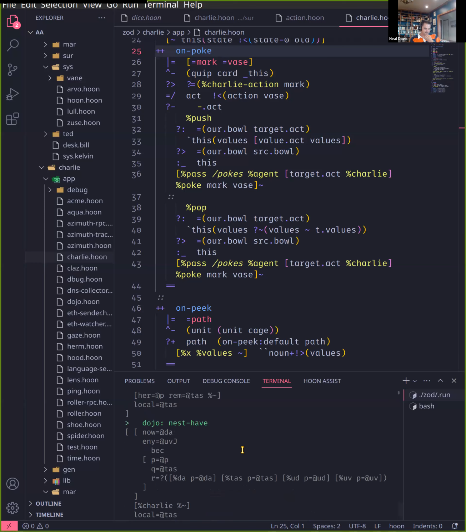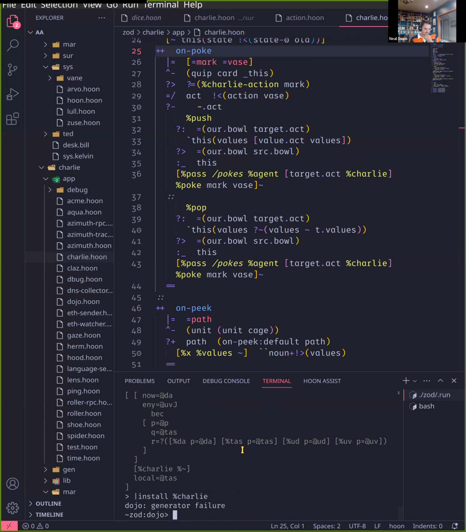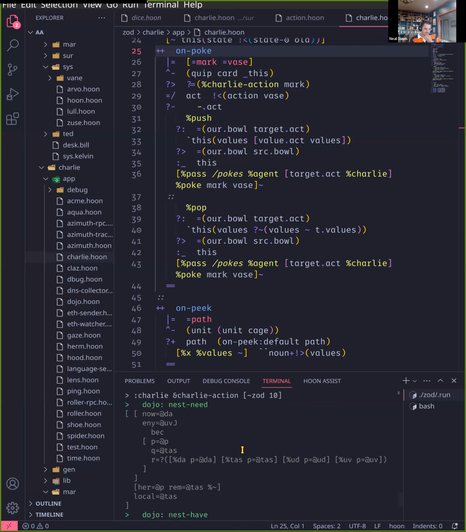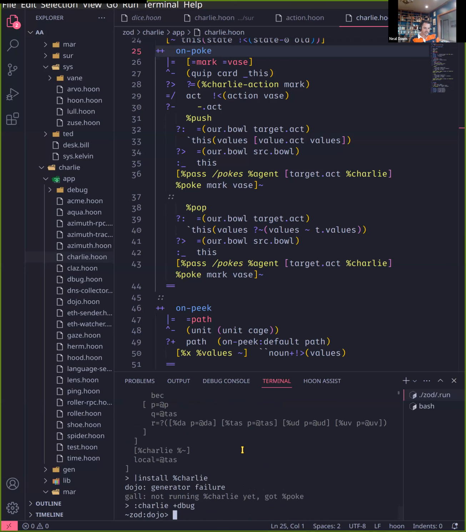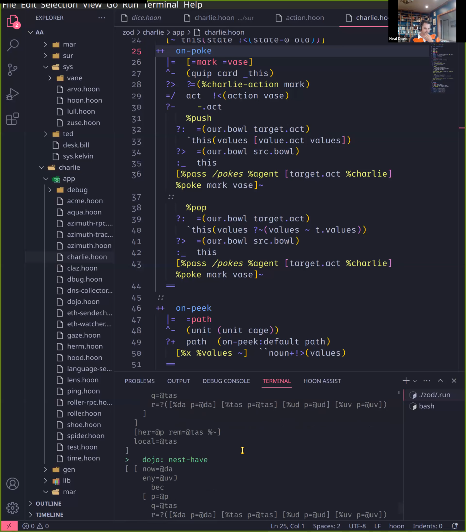Let's see. Nest-fail, need, have. That might be from the poke. Let me see if this is running. Yes, Charlie's not running yet. So install Charlie is failing on